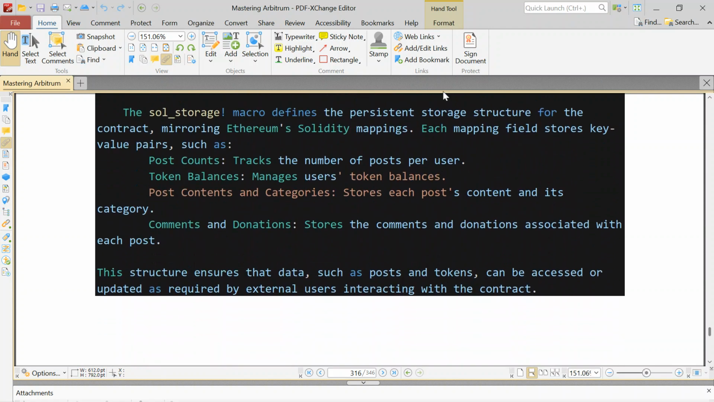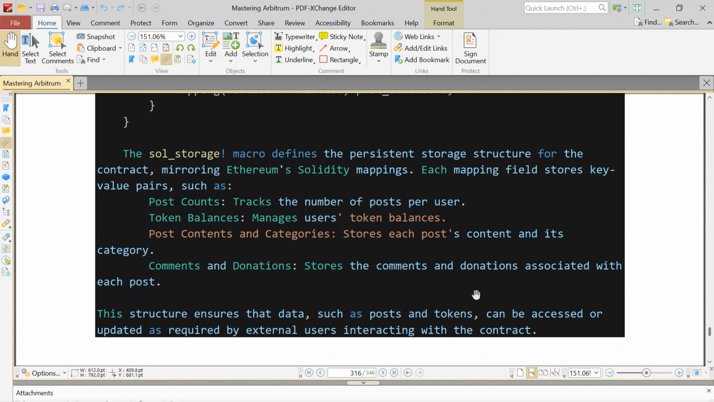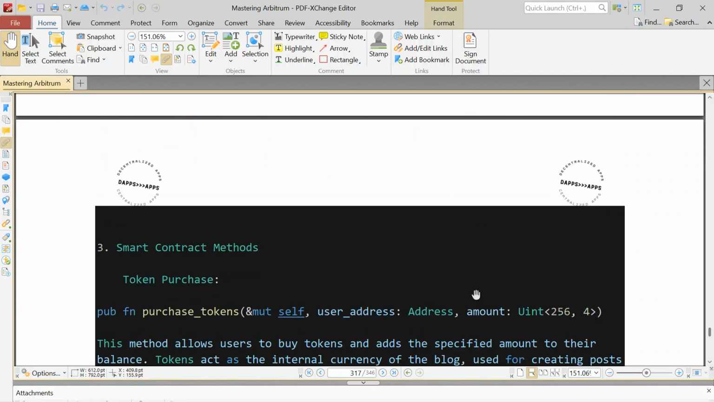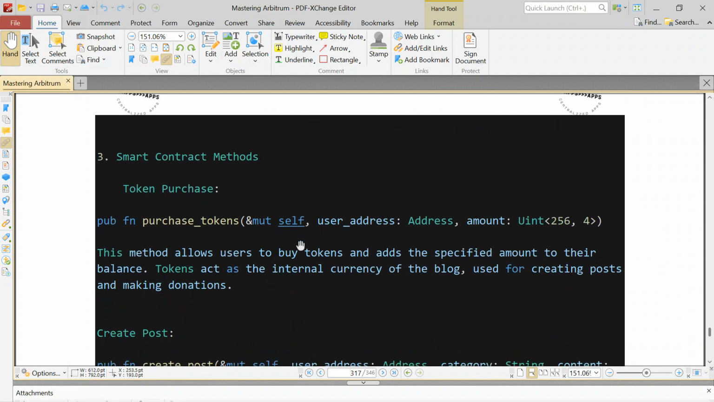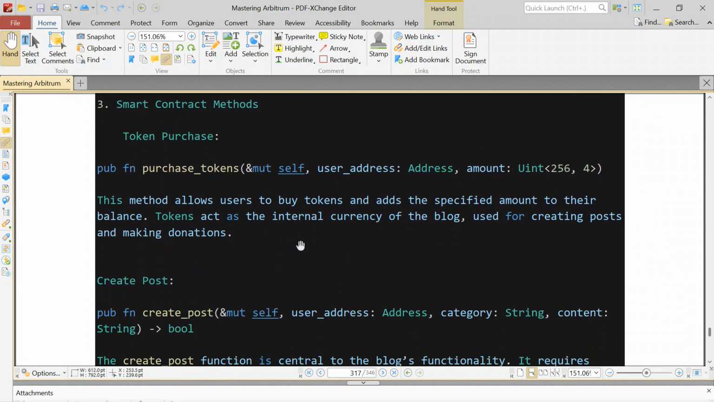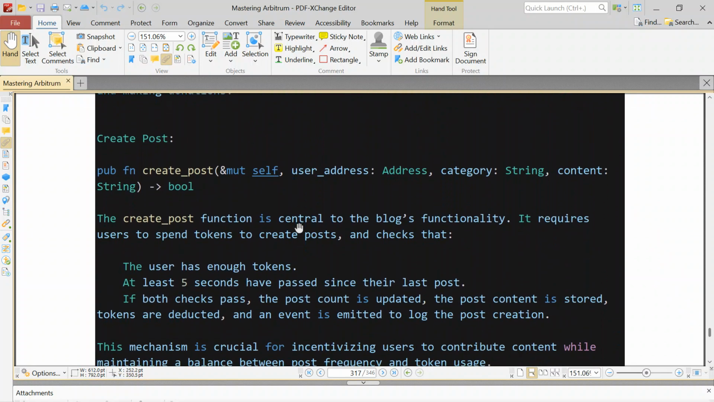We have the source storage for creating structs or classes, structures for the database or for storing the data. We have number three, the smart contract method. We are going to be using the token purchase function, which takes in an address and an amount that you want to get. We have the create posts, which takes in self, like I said, and what we mean by